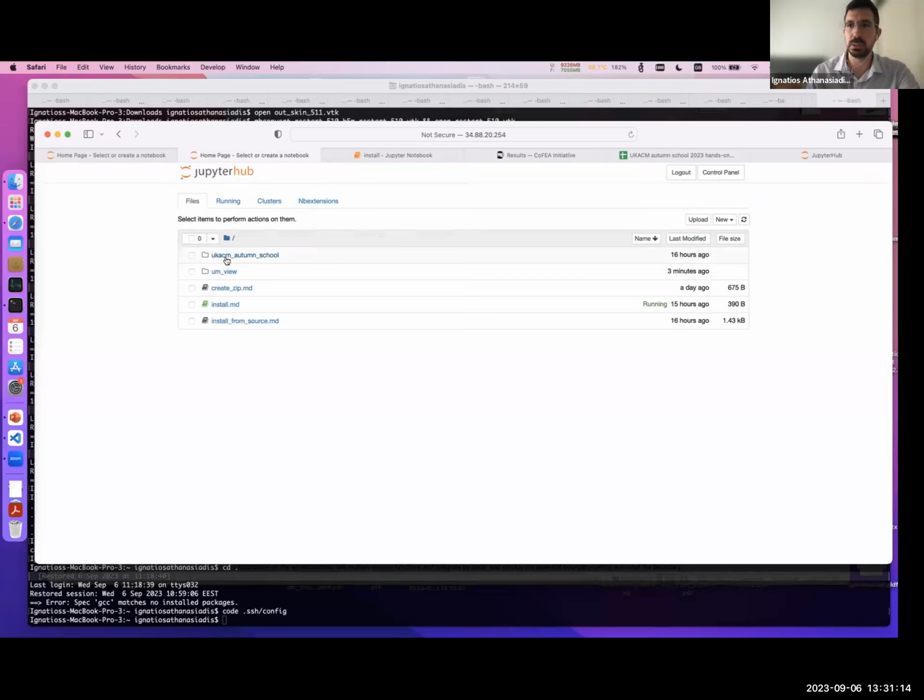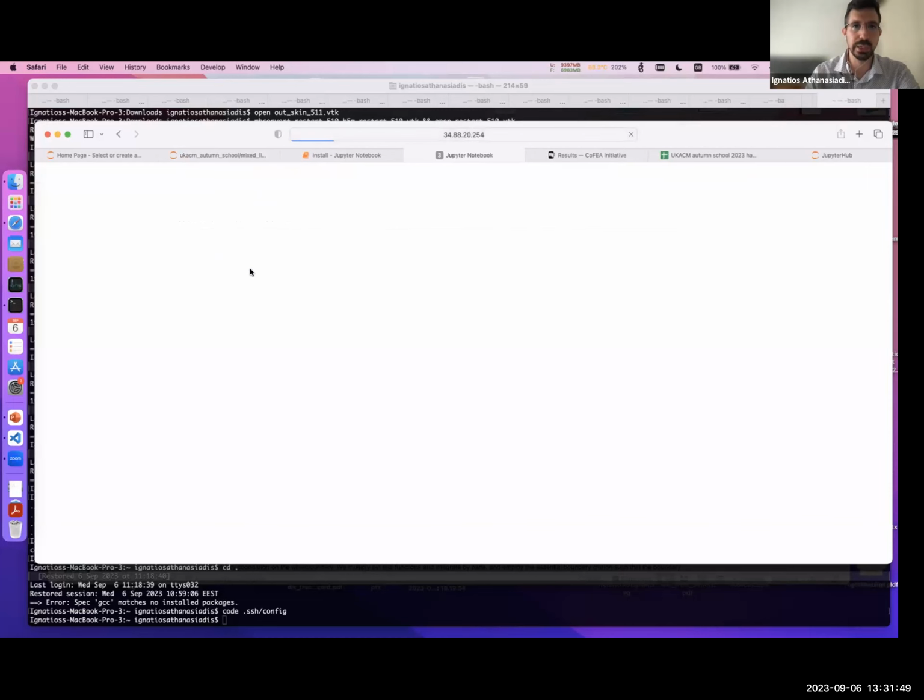We're going to find what we need to run inside this directory, UKACM School. So we click there, and then we have the various tutorials that we're going to run today. You click in the mixed linear elastic, and you will find there a param file that has to do with running analysis. But what we are interested in is incompressible elasticity.ipynb. So we click that again,